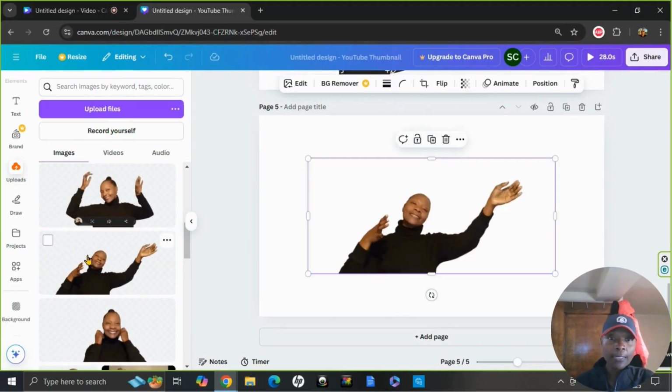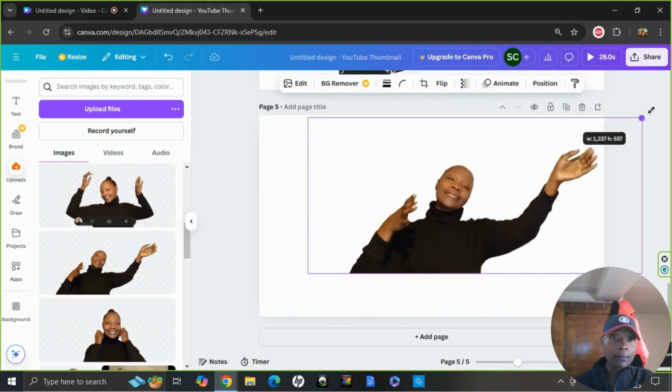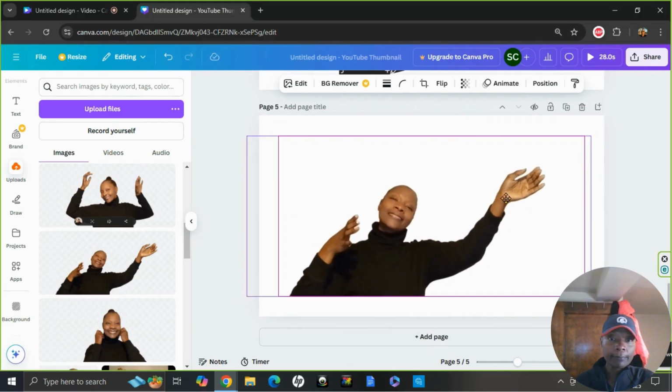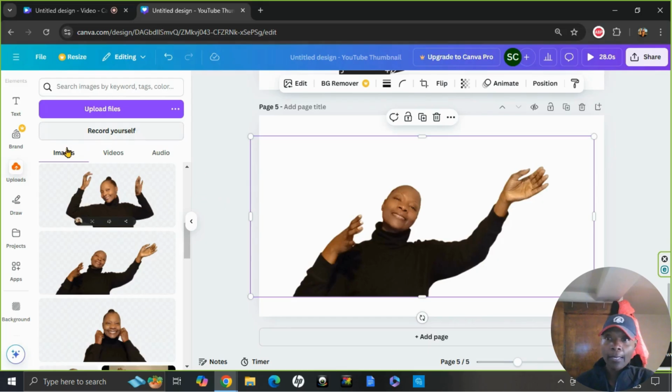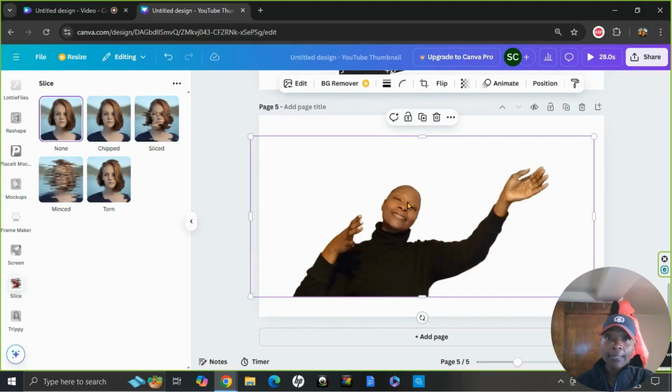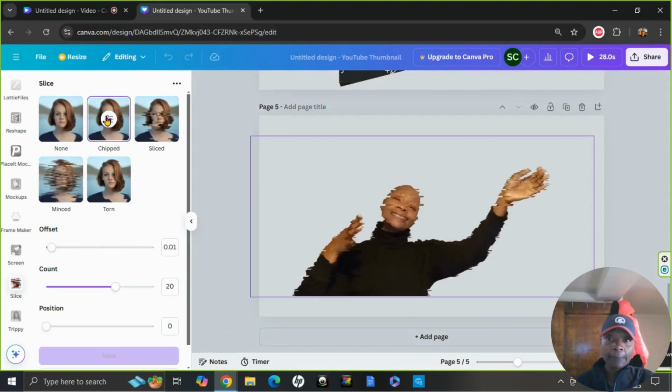And I'm going to try this one. Okay, and then we're going to go back to the app Slice, and because I've used it before, it's over here on the left. Click on Slice, click on the image, click on Chipped,